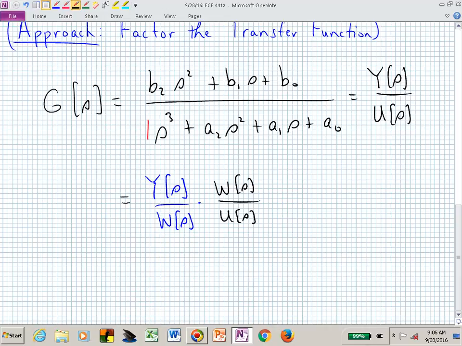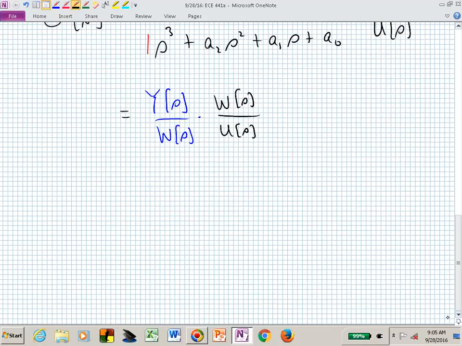I've now split the transfer function, or the ratio of y over u, into two pieces and introduced an artificial or arbitrary variable w. But I now have y over w times w over u, which in the black transfer function or ratio, you could think of that u is still the input, but what's w in that case? If I could cover up with my hand that blue piece of that equation, what would w represent? That would be an output, right? And then in the other one, w is the input to the output,